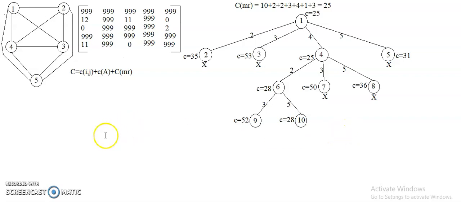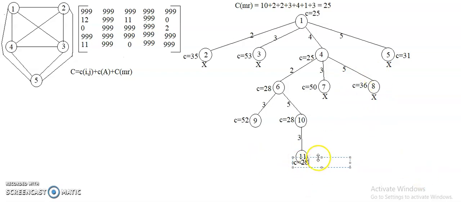If I explore node 10, I have already visited all the cities, means 1 to 4 is visited, 2 is visited, 5 is visited. The remaining city I am supposed to visit here is the 3rd city. So if I visit the 3rd city, my job is done. Okay, so let me write it. So I am visiting the city 3. Cities information I am writing on the edges. Node values, so I will label the node as 11. The cost will remain the same. Cost is equal to 28.